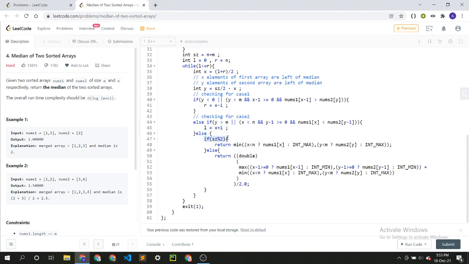If total size is even, then we just take the, I will explain this. If total size is odd, we just take